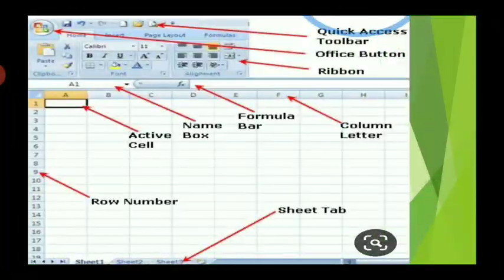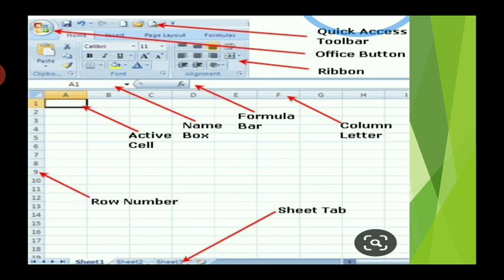Now if you see the worksheet, it looks exactly like this. If you see the quick access toolbar, just see the arrow mark, then you see the office button, then you see the ribbon where you will see 8 tab buttons, and under the 8 tab buttons there are certain groups also, and you can see some icons, that is called command buttons. Right now we can see command buttons like paste, then B, I, U, bold, italics, underline. So these are actually command buttons.